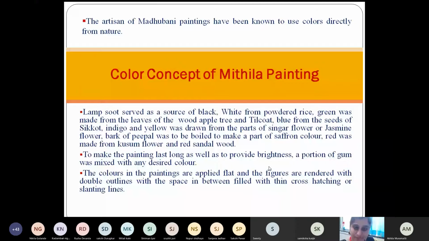So once the painting is done, whether it is on a wall or on a piece of fabric, the colors in the painting are applied usually flat, and the figures will be rendered with